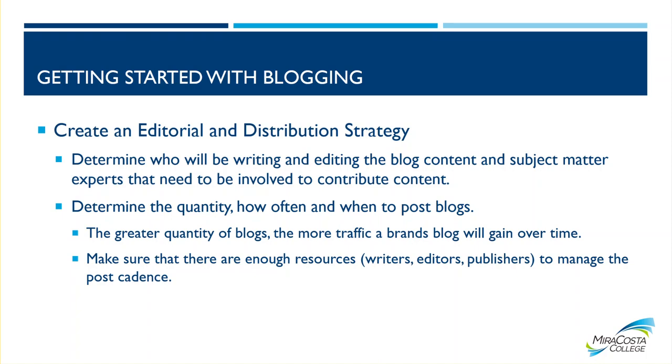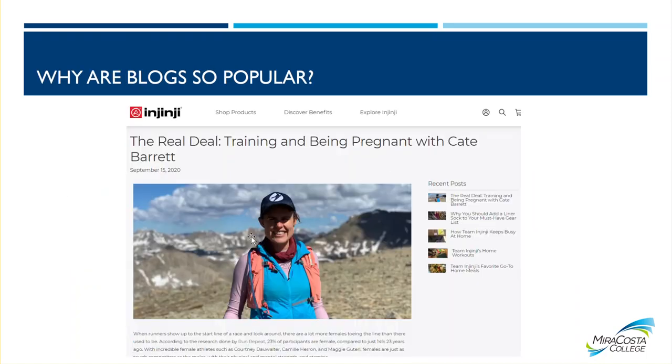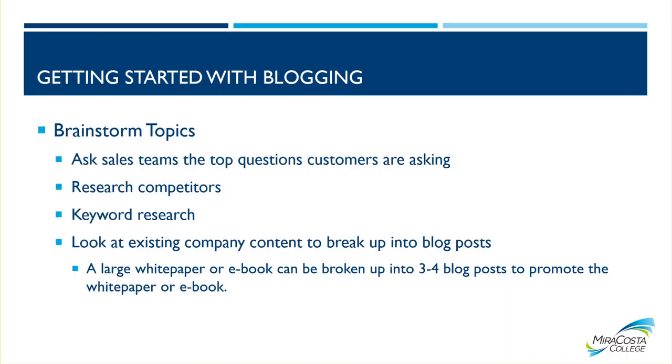So when I was a team manager for Injinji, I had about 22 athletes to work with, and I did one blog a month. So 1 to 2 blogs a month, depending on how much content I got. So I was able to work with 22 athletes, and I think that was plenty of content and research. And some months I had 1 blog, some months I had 2 blogs.